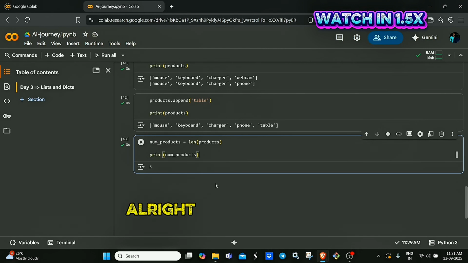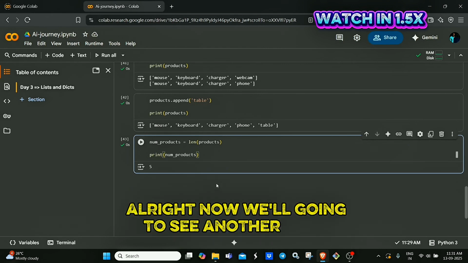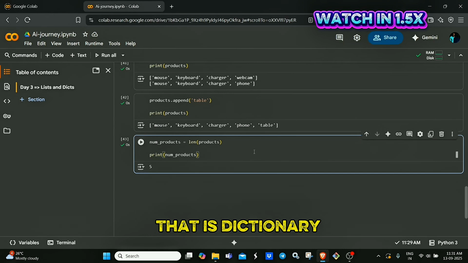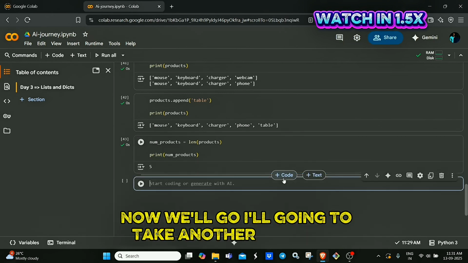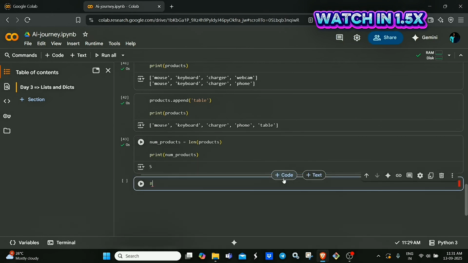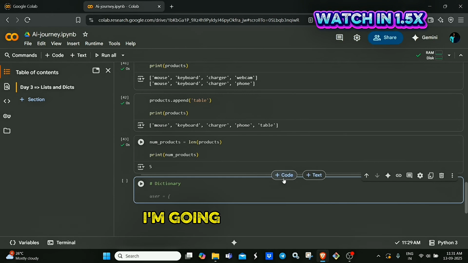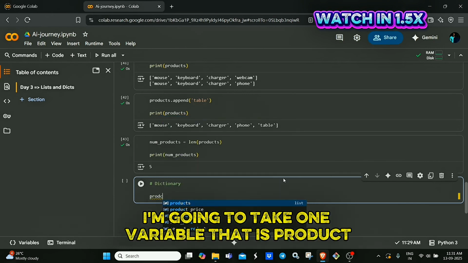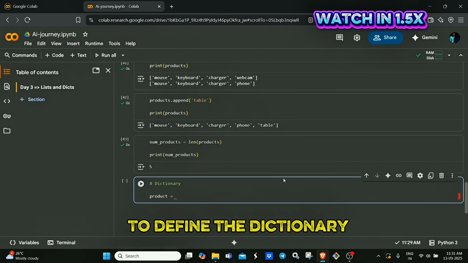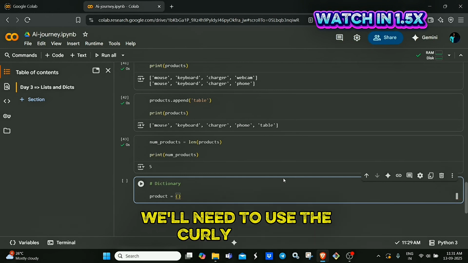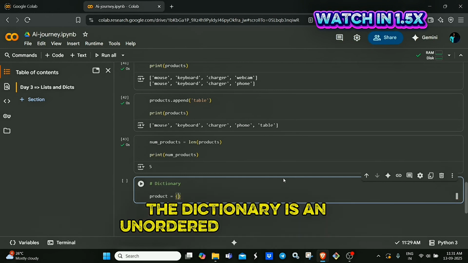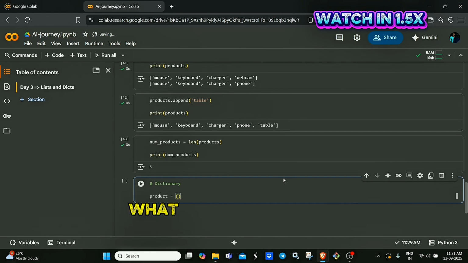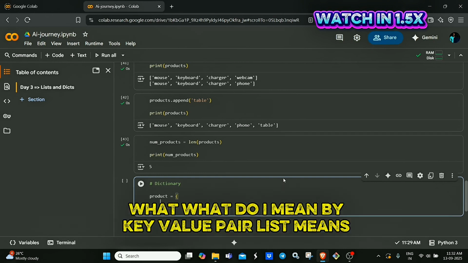All right. Now we're going to see another data structure, that is dictionary. I'm going to take another cell here. I'm going to take one variable, that is product. To define the dictionary, we need to use curly braces. The dictionary is an unordered key value pair list. What do I mean by key value pair list? Means here